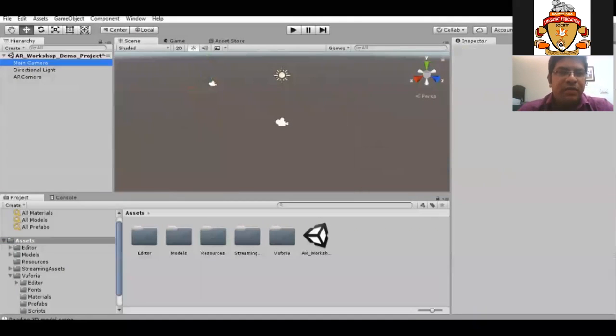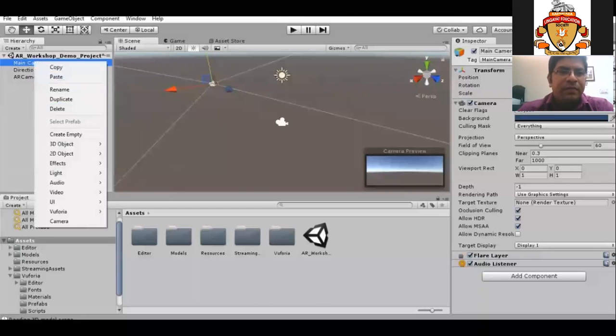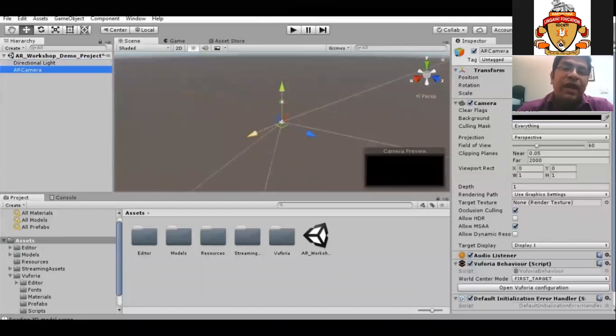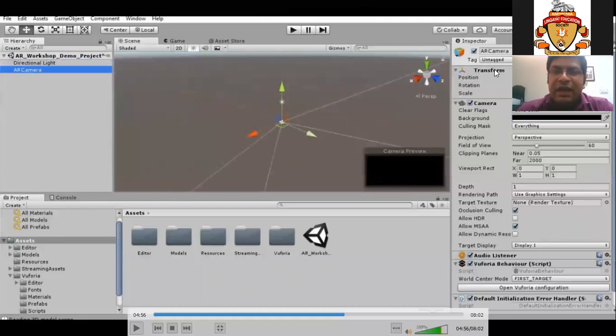So I deleted it. But if you are developing a VR application, then we will keep the main camera. If we are developing an AR application, we will use the AR camera.